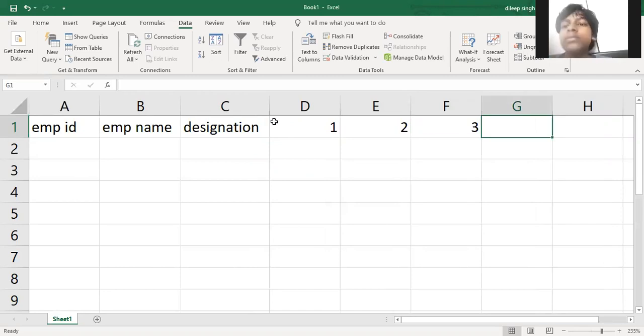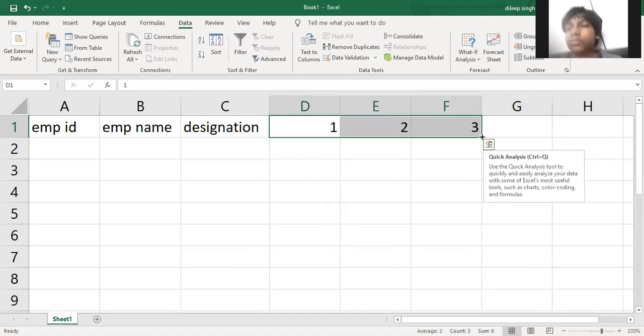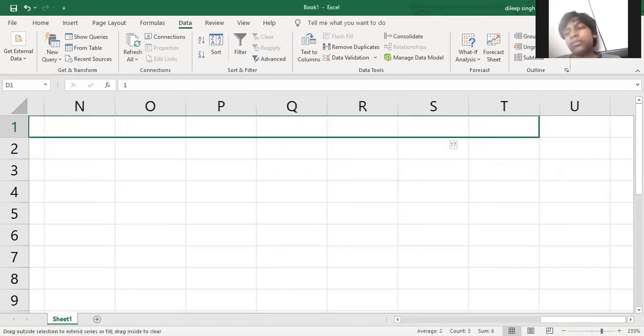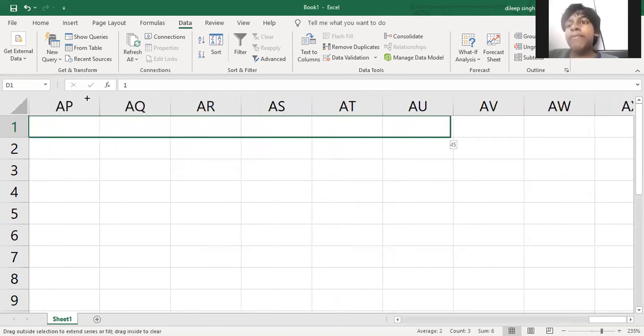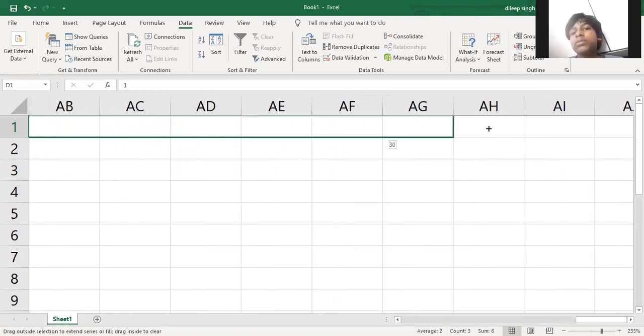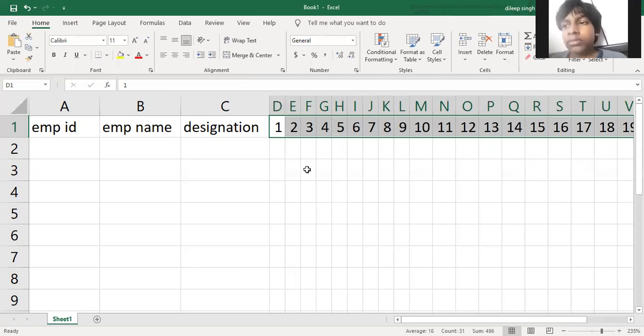And after placing this number, just select all the columns like this and hold this button and drag the number to the 31st. You see the number will change according to our dragging. So here we choose only 31 days. That's why we use 31 days here like this. And after that, just press Alt plus HOI. It will automatically adjust the column width of the particular selected cells.